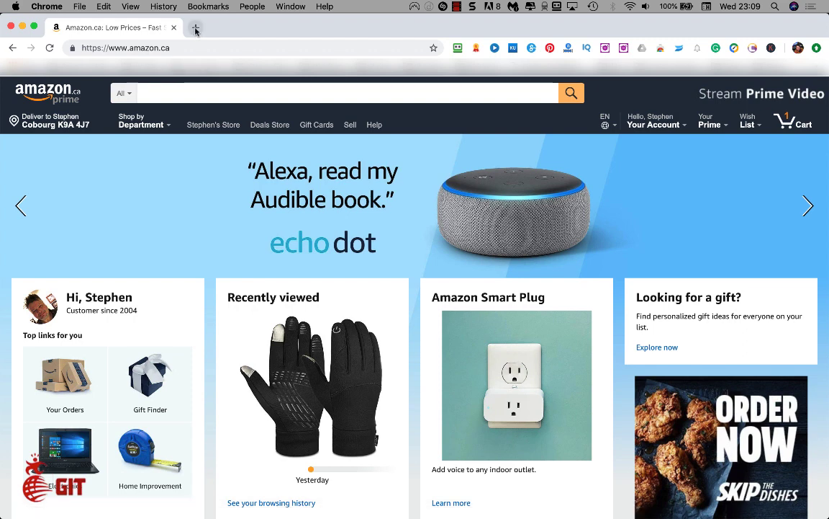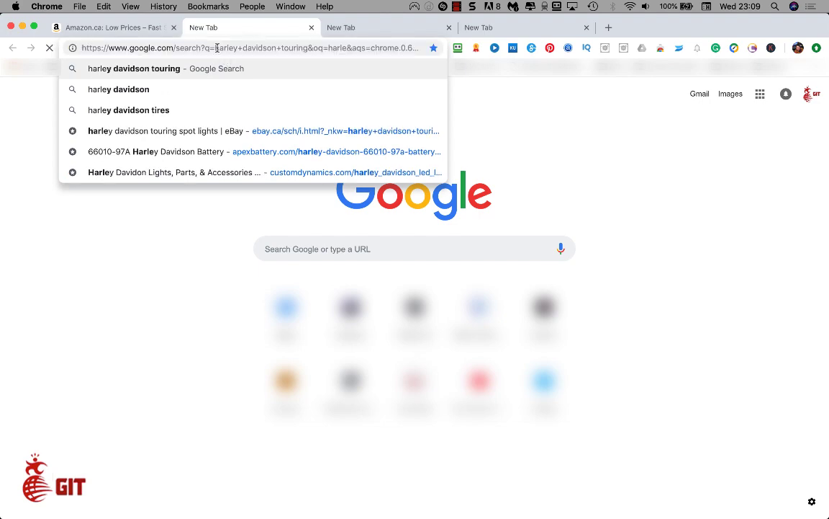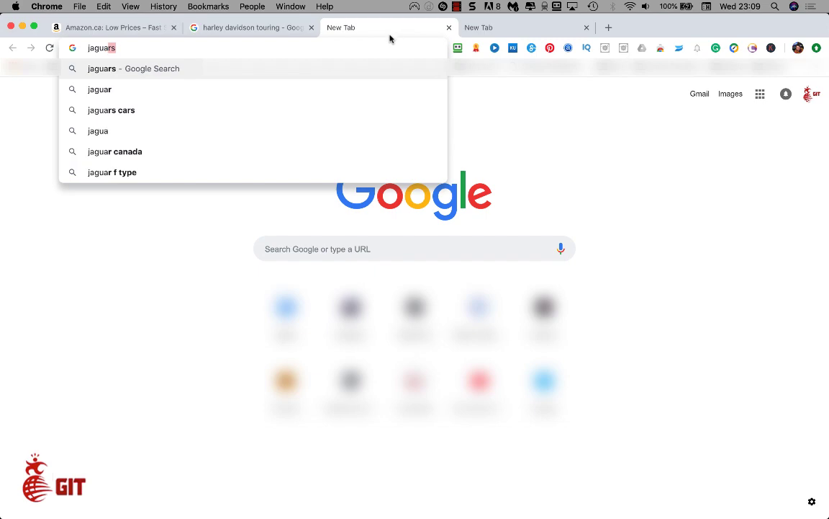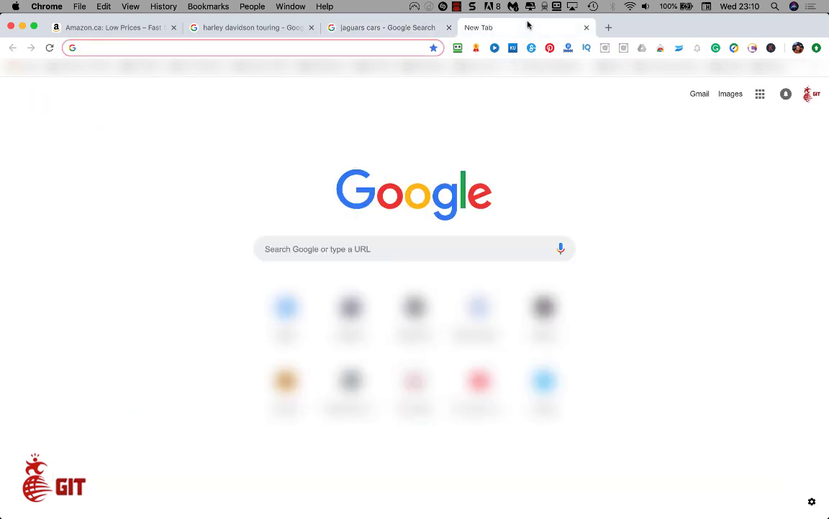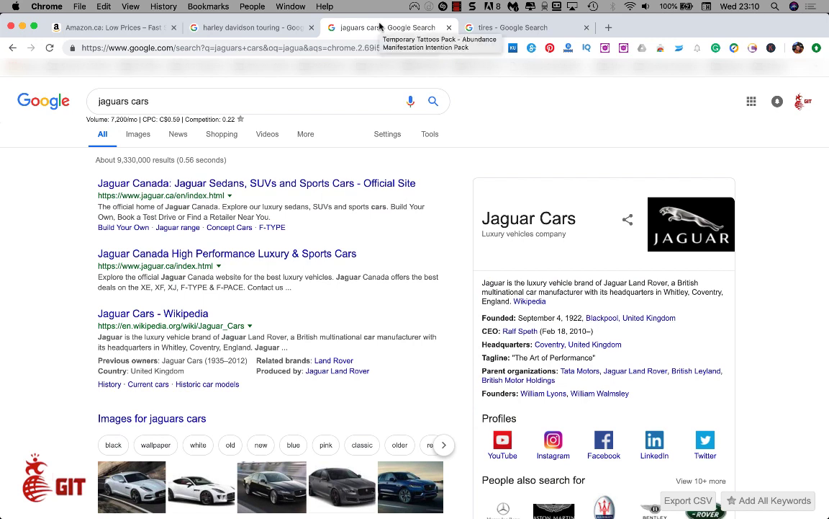Now I'll show you something else about tabs. If you have 2 or 3 open and you want to prioritize these tabs in order. So Amazon, Harley Touring, Jaguar cars, and what do we put in here? Tires, whatever. Now, if you want Jaguars in front of Amazon, you left click and hold and see how it's highlighted,